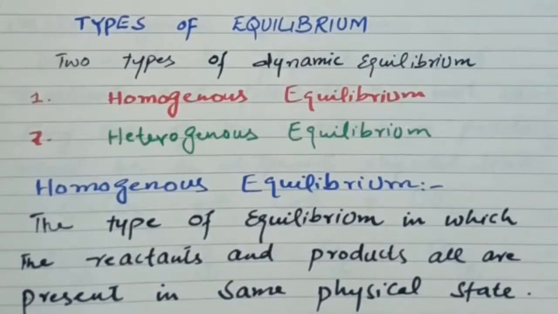Homogeneous equilibrium is the type of equilibrium in which reactants and products both are present in the same physical state, the type of equilibrium in which the reactants and products all are present in the same phase. For example,